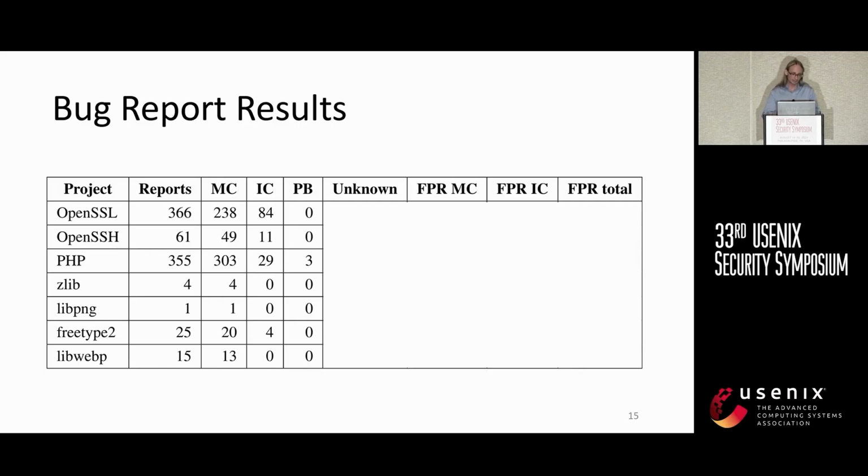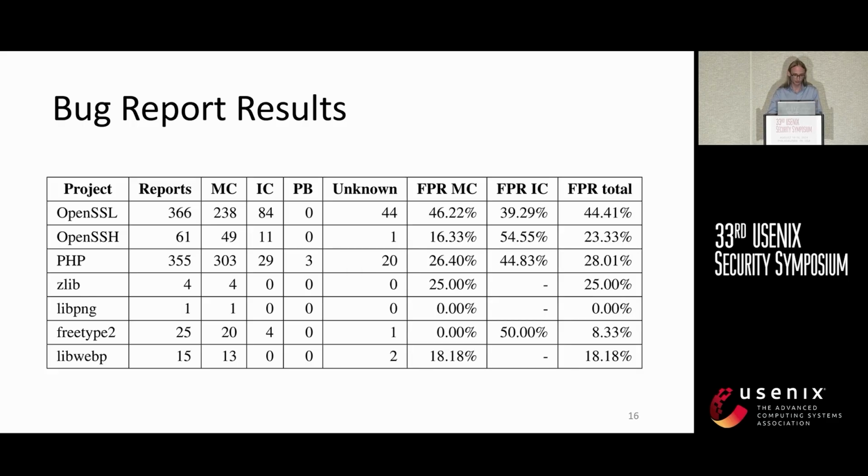Finally, we looked through every report and manually categorized them into false positives, true positives, and unknowns. The unknowns are simply a fallback category for when we did not have enough domain knowledge to confidently say if it's a true or a false positive. Then we obtain these results, so not a lot of unknown cases, first of all. Second of all, we notice that the highest false positive rate is for OpenSSL, and this is because of a